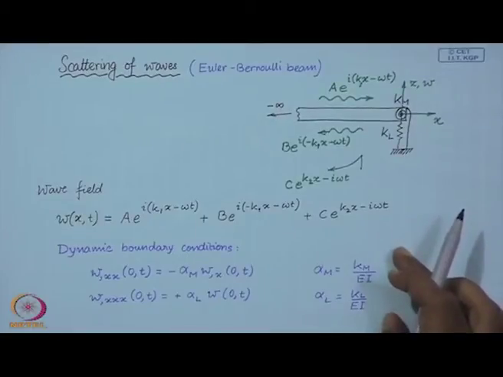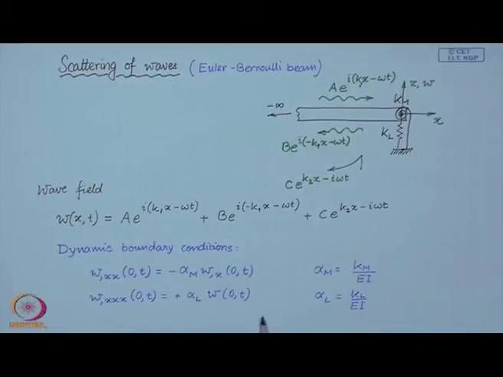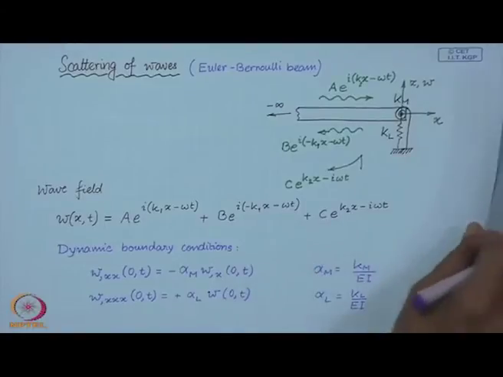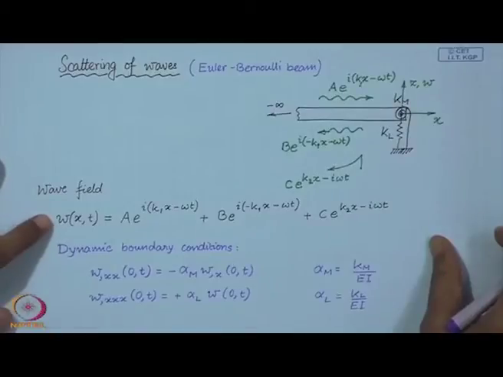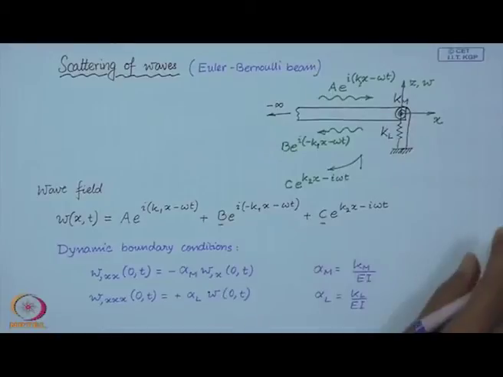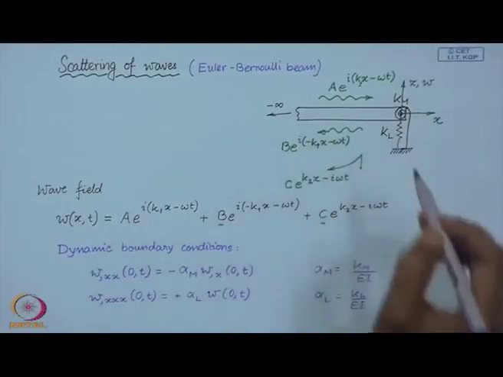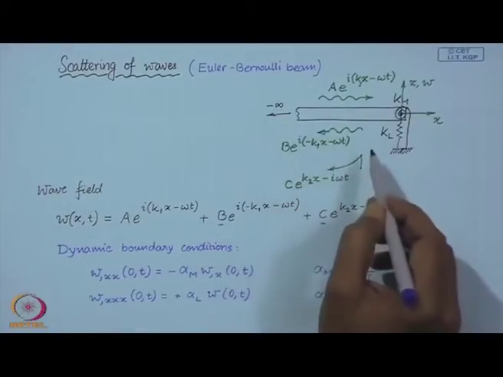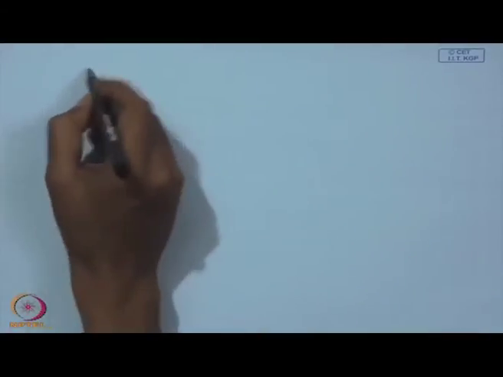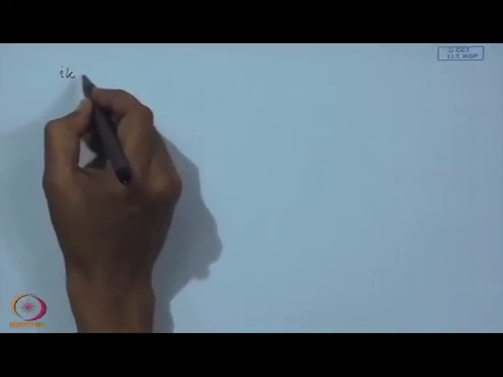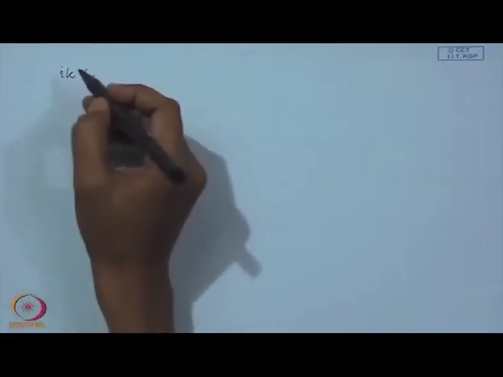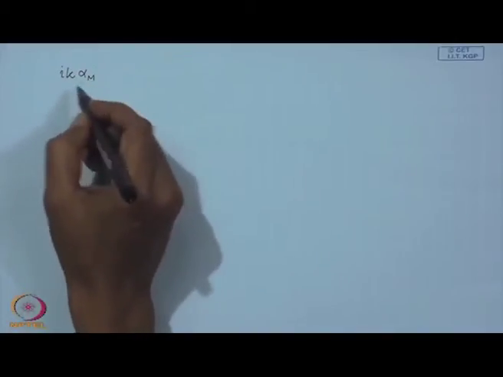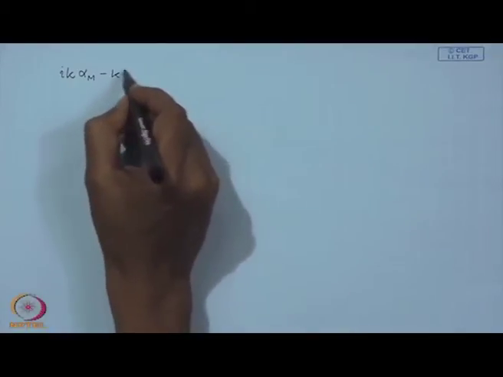Now, we have finally the boundary conditions, which are dynamic boundary conditions. Now, we substitute this wave field in the boundary conditions, and we will try to compute these coefficients B and C in terms of A, because A is the incident wave, so A is known. So, in terms of A we would like to know B and C, which means the amplitude of the reflected harmonic and the reflected evanescent waves. If you do that, and consider that this is an Euler-Bernoulli beam,